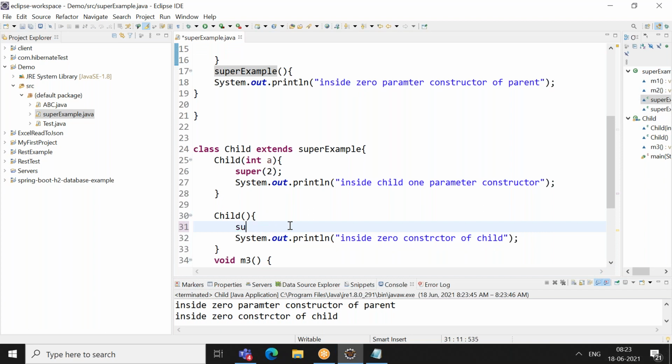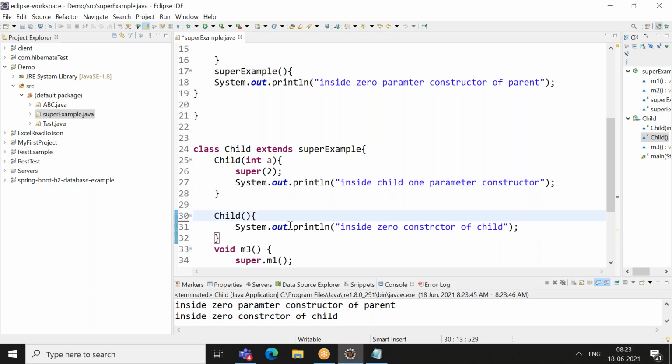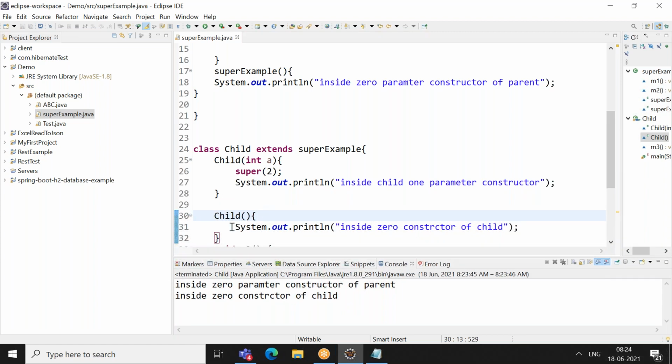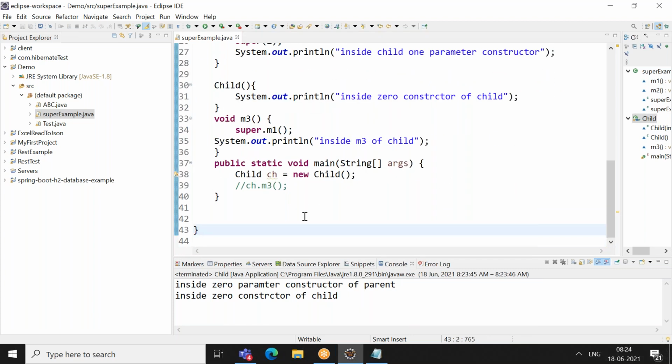So this will call this constructor, right? So I am removing super here. Now what is my output? Before, it came here, called this constructor, executed parent, and came here. I removed that super keyword, nothing else. It will be the same. Why? Because by default it will call the default constructor of the parent class as well.